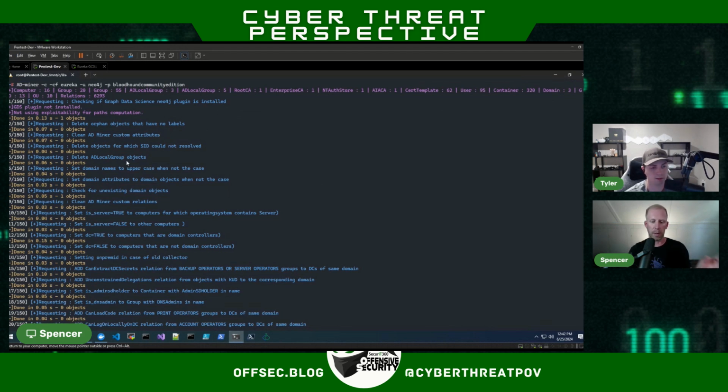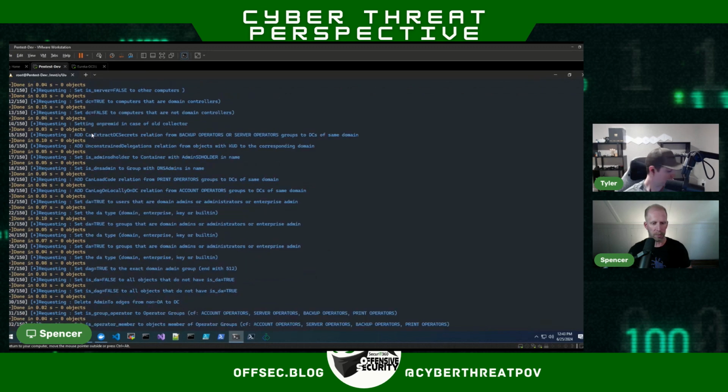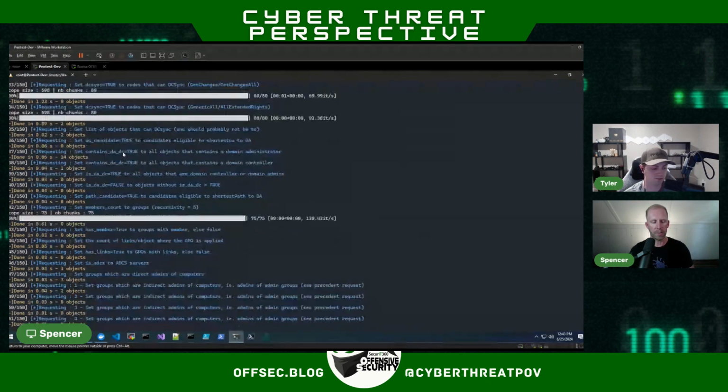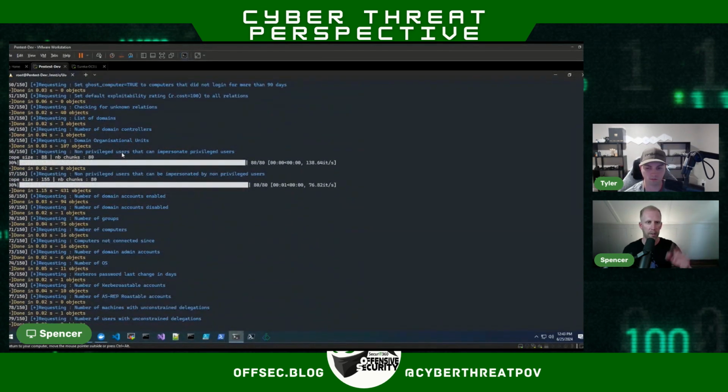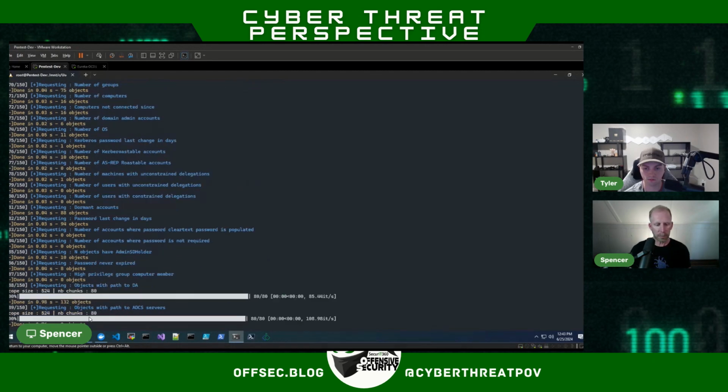But essentially you start BloodHound. So you start the database, you ingest your BloodHound file into BloodHound, and then you run this AD Miner tool. It connects to the Neo4j database, and then it runs all these Cypher queries and puts it in an HTML report. So here's what it looks like. You can see that it's running a whole bunch of different Cypher queries, and this is the output of what it looks like.